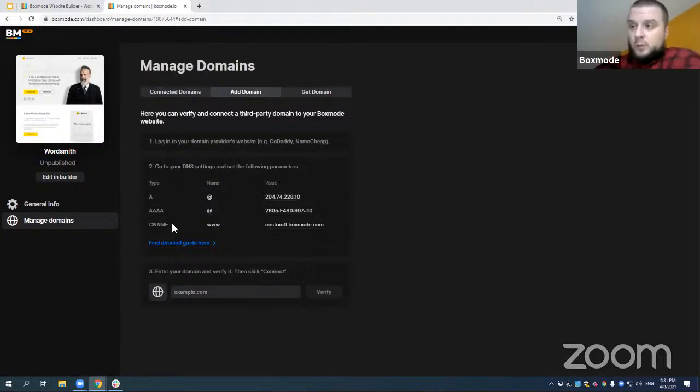If you purchase a domain from a third-party service provider, the first thing that you would need to do is to go to the DNS settings of the domain provider and make sure that the respective settings are set in accordance with these instructions that you can see. Once it is completed, you can just verify your domain here by plugging into this field and clicking on verify,